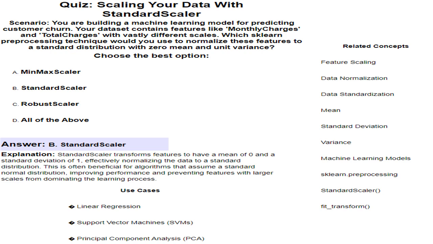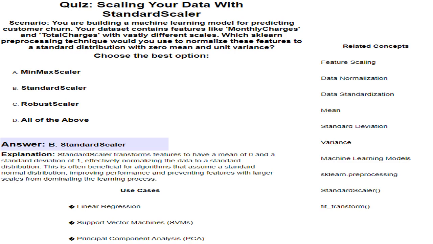original scale. The mean is a measure of central tendency that represents the average value of a set of numbers. In a sales forecasting model, the mean historical sales figures could be used to establish a baseline for future predictions. The standard deviation is a measure of dispersion that indicates how spread out the data is from the mean. In a quality control process, the standard deviation of product measurements could be used to identify potential deviations from acceptable